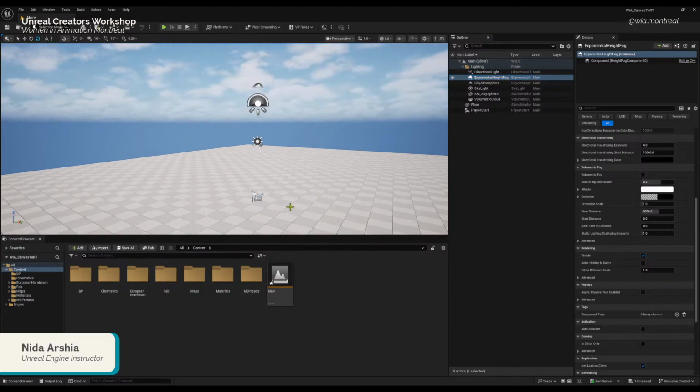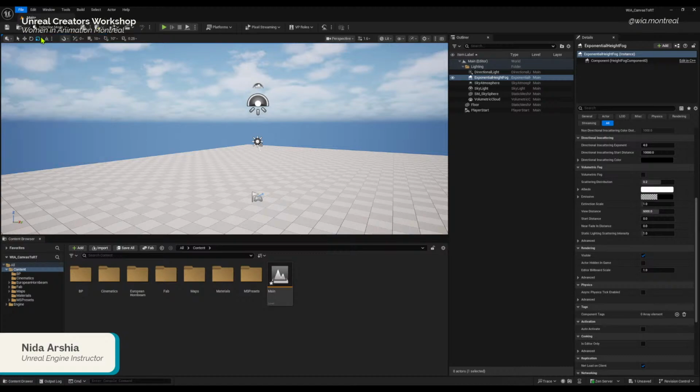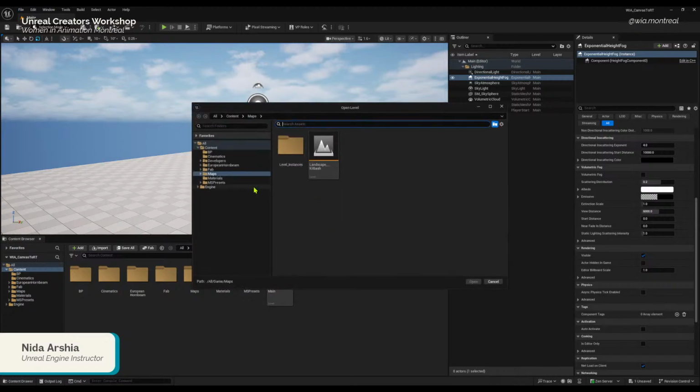Okay, so back to the editor, and we are going to go to File and select Open Level. Here we are going to go to Maps.